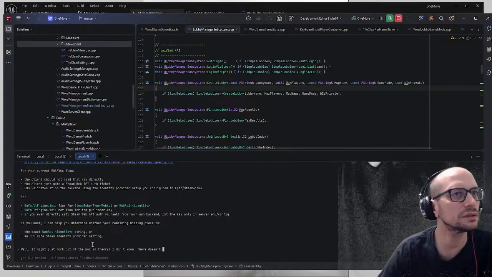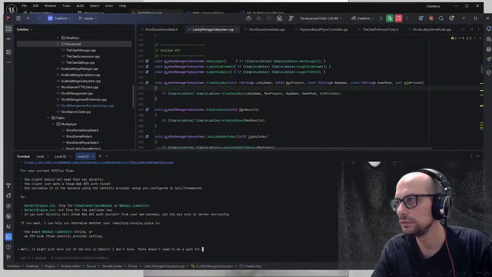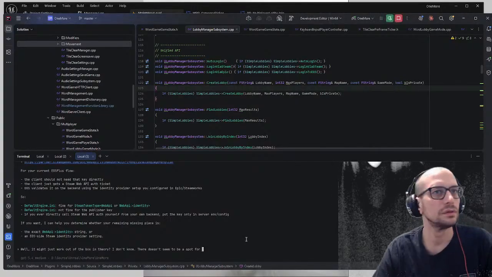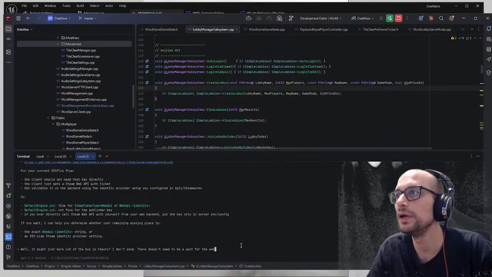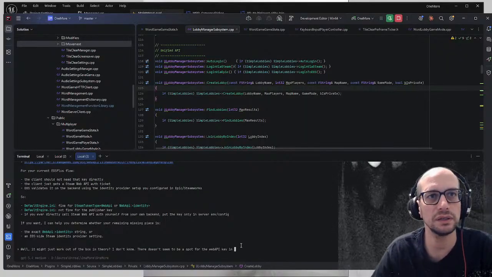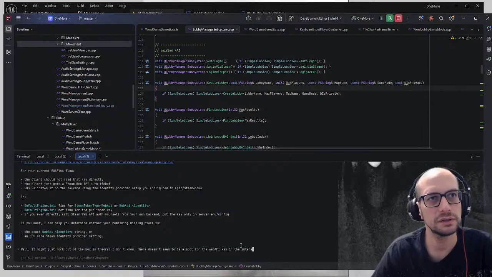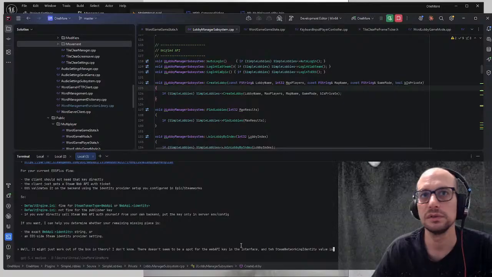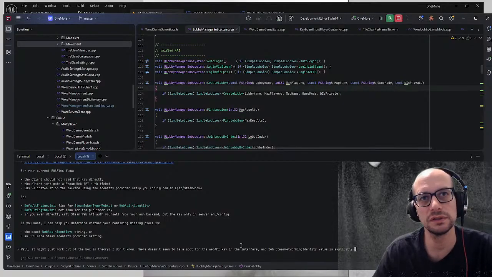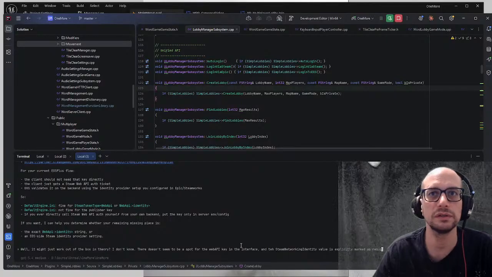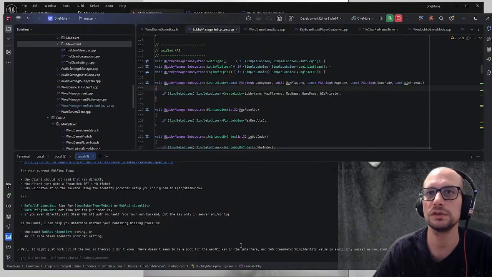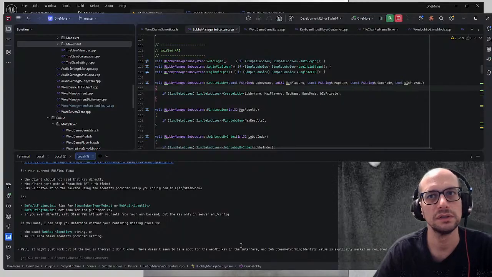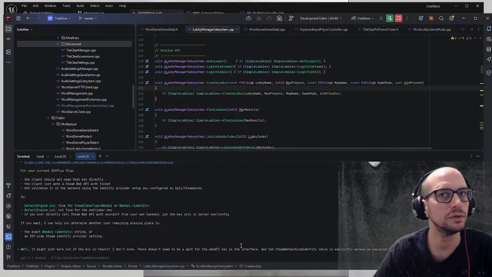There doesn't seem to be a spot for the web API key in the interface, and the networking is explicitly marked as required only for session tickets. It's possible to work without